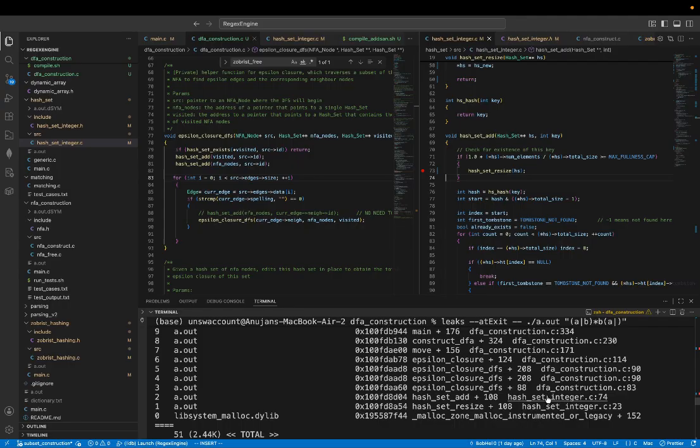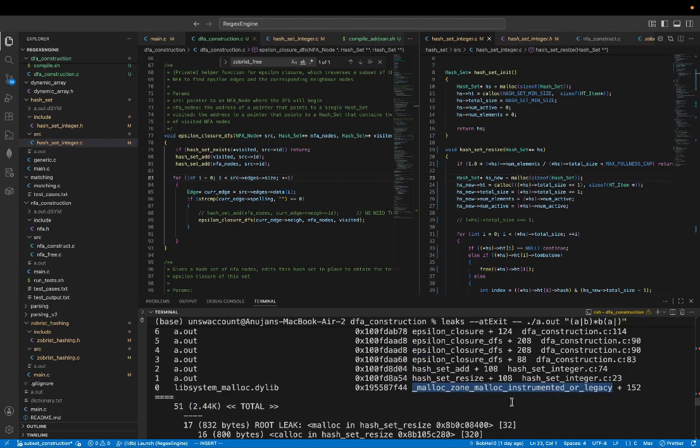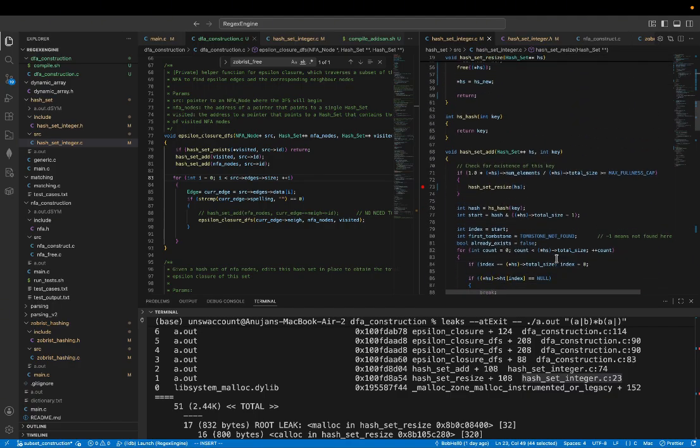Okay, well it seems to be off by a line, so chances are it's 80. Well, actually, I don't know if I can say that. So it goes into hash set new hash set. Hash set integer 23. Yeah, so this malloc never got freed, which tells us